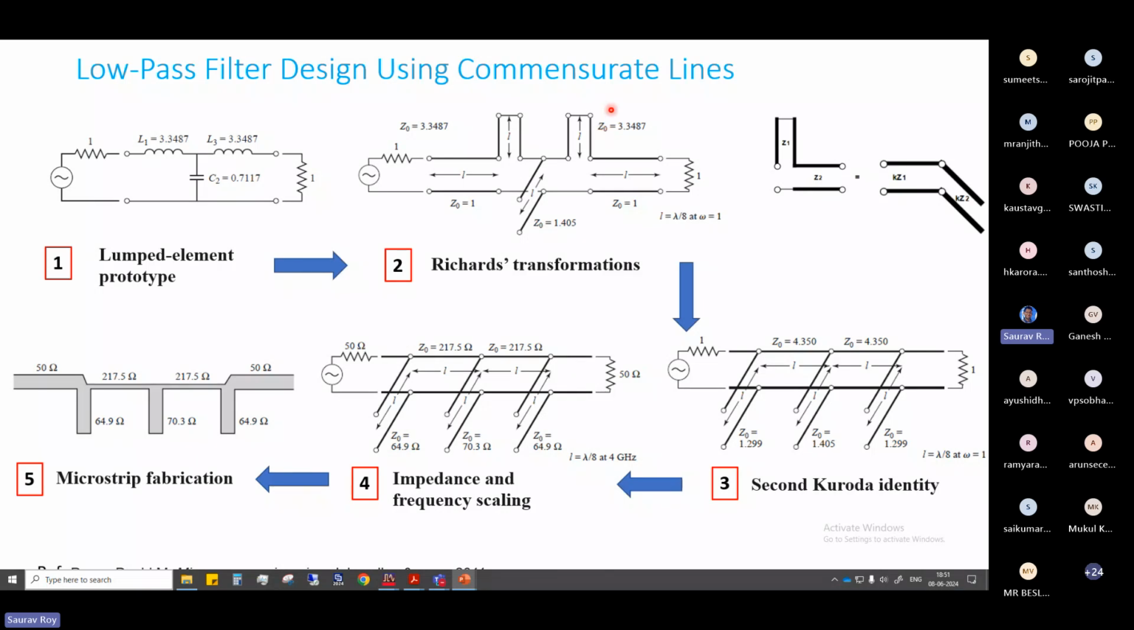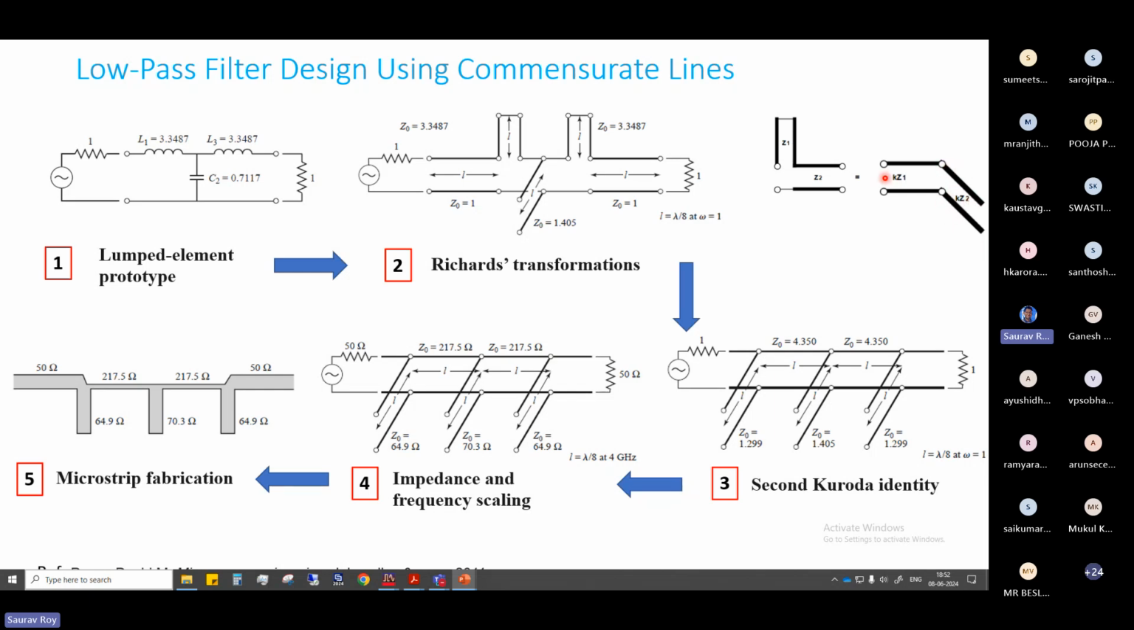Now if you see, adding a series stub here in between is very difficult. So we need to do something here. For that, what is required is Kuroda's identity. So the second Kuroda's identity says, in this right side picture, if you see a line of some impedance Z2 and here it has a shunted section, together it can be replaced by a line section of characteristic impedance KZ1 and one open circuit stub of